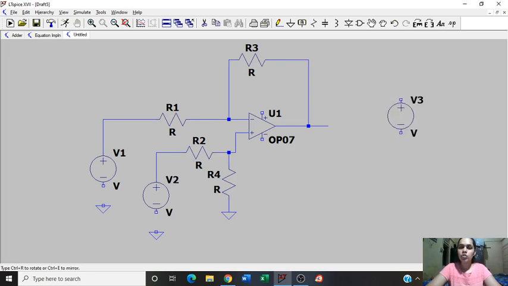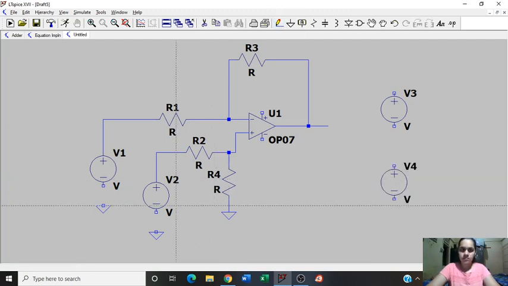And I'm adding in 2 more for when I need to give VCC and VEE to my op-amp. So now let's connect them. I'm also taking out terminals for when I'll need to connect the VCC and VEE.